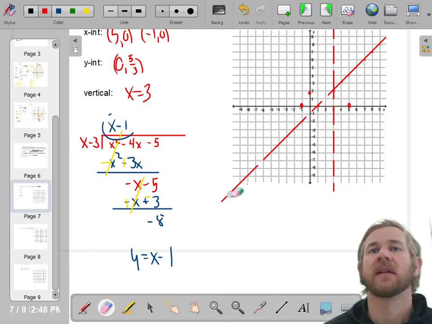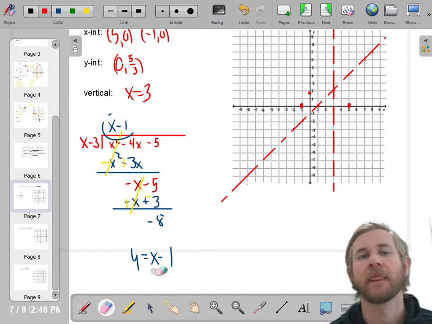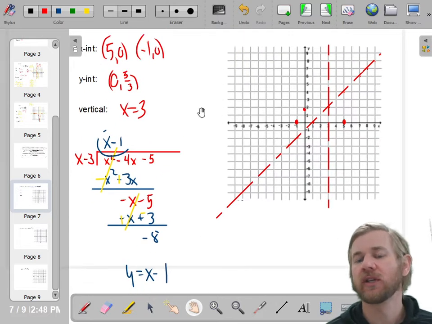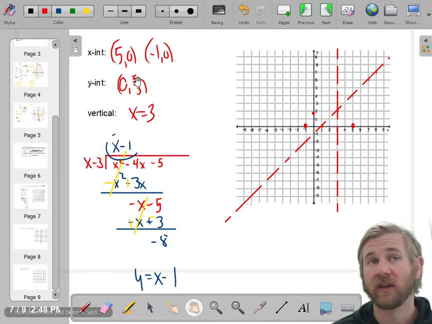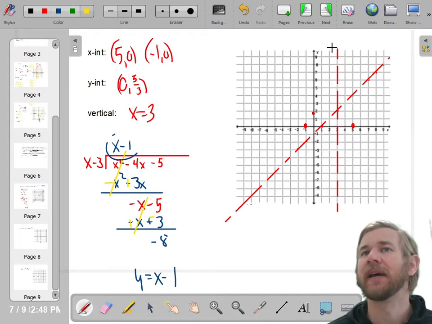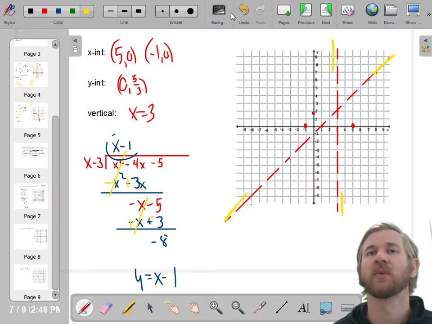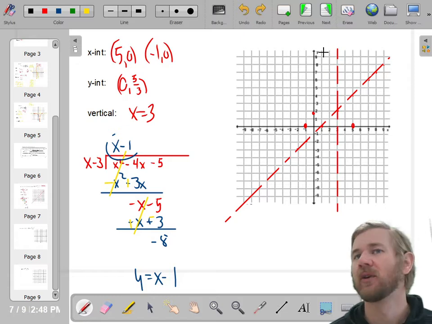And I'll make it a dashed line so we understand it's an asymptote, it's not part of the function. Okay? So now, what I was saying before is, usually when you get to these slant asymptotes, you have only one way to draw it. And this is one of those cases where we know the end behavior, we know it's eventually going to follow these asymptotes, and since we're already on one side of it,